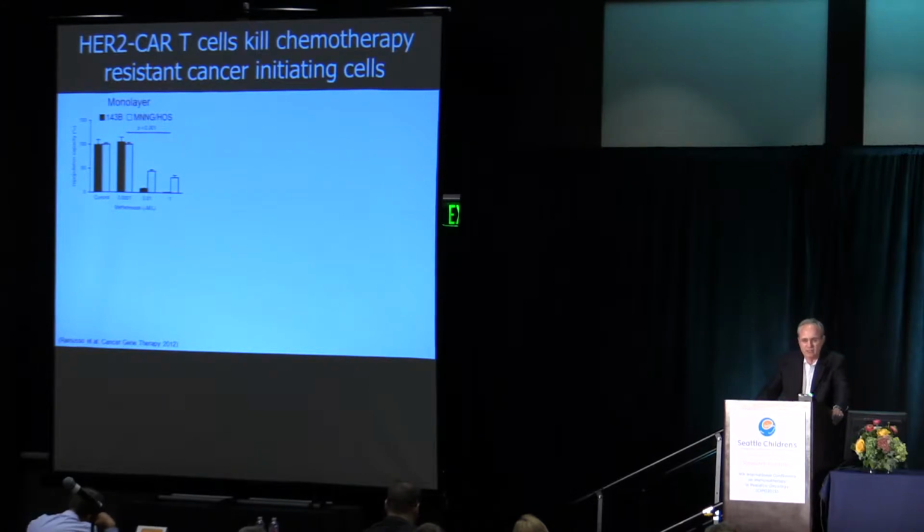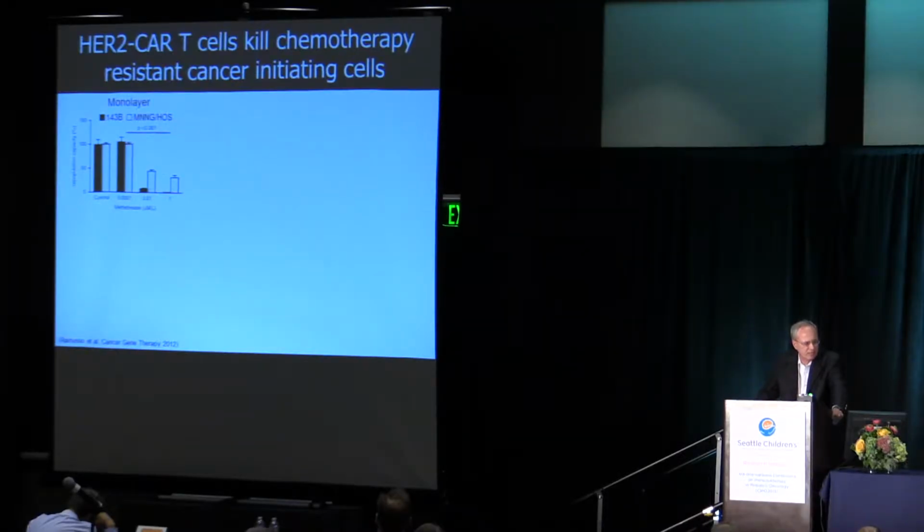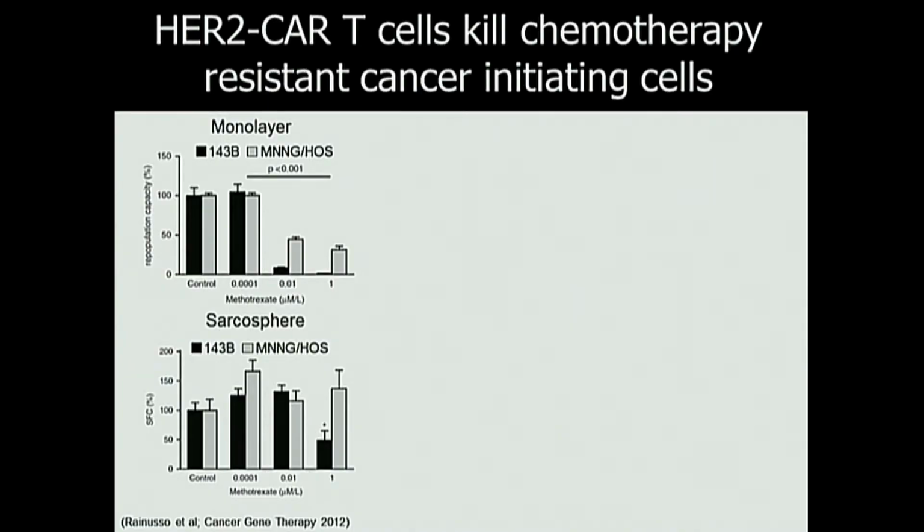One of the advantages, I think Crystal mentioned, of these types of cells is that hopefully we can kill cells which are resistant to chemotherapy. And in the context of osteosarcoma, we looked at so-called progenitor cells, or cancer-initiating cells. And while osteosarcoma cell lines are relatively sensitive to methotrexate, which is one of the standard chemotherapeutic agents currently used, if you grow the same cells in a sarcosphere condition, you see that these sarcospheres are